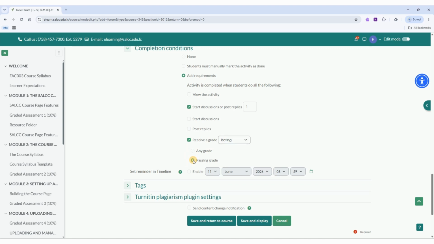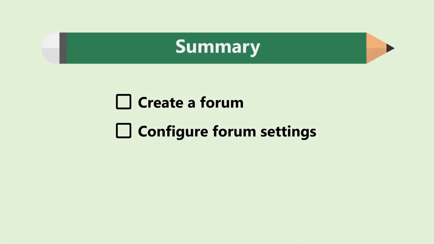There is an option to enable a reminder for students at the bottom. If you are satisfied with your forum, click on Save and Display to make sure everything is formatted to your liking. Now you can create a forum, configure forum settings,